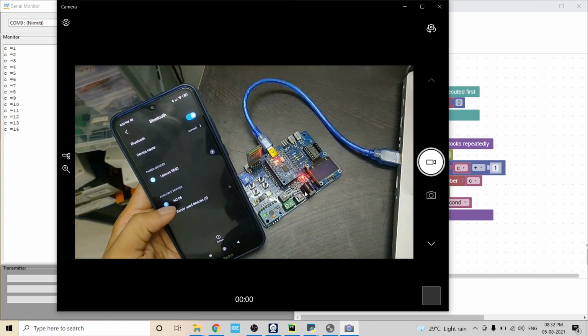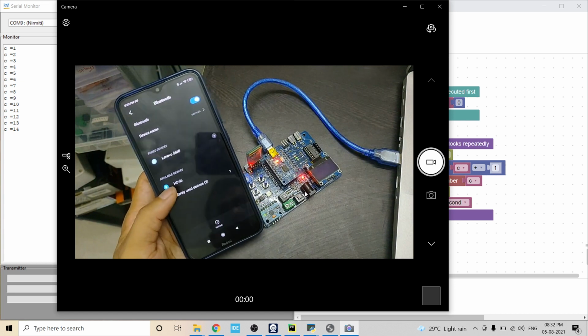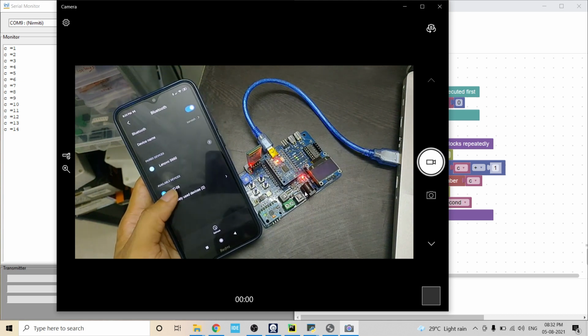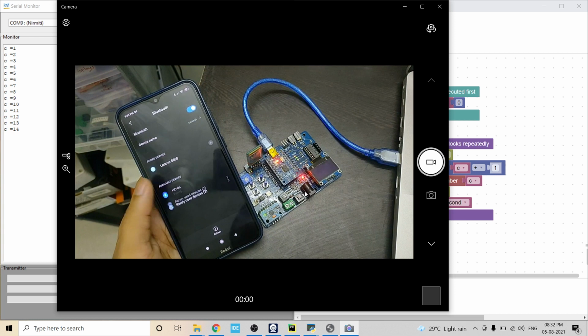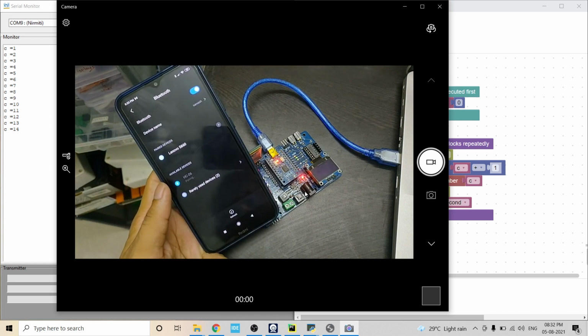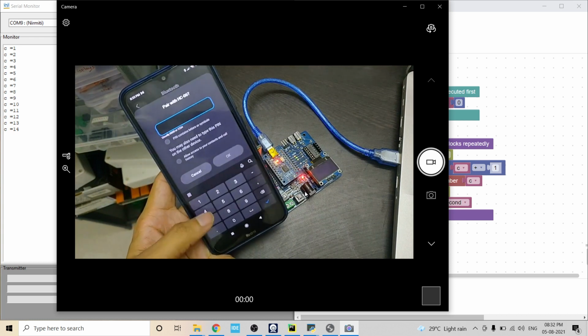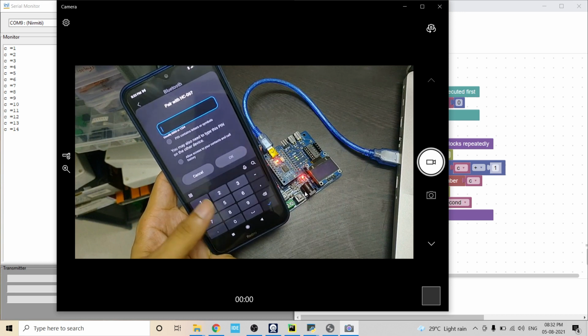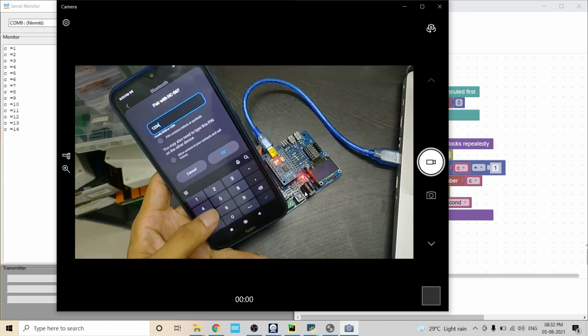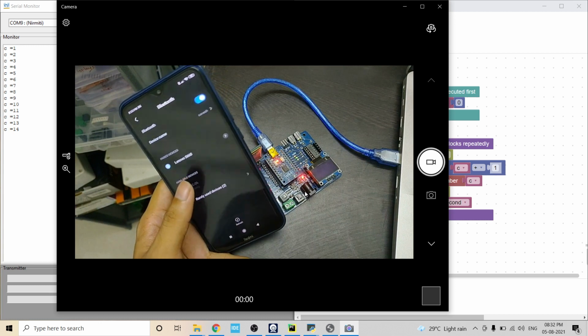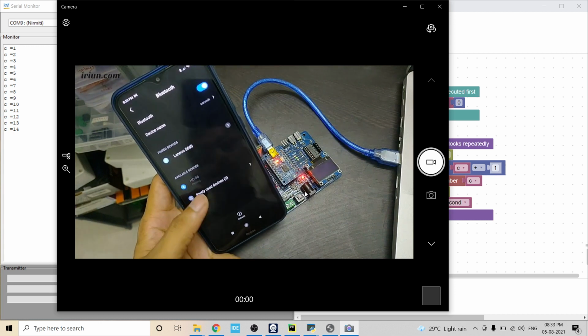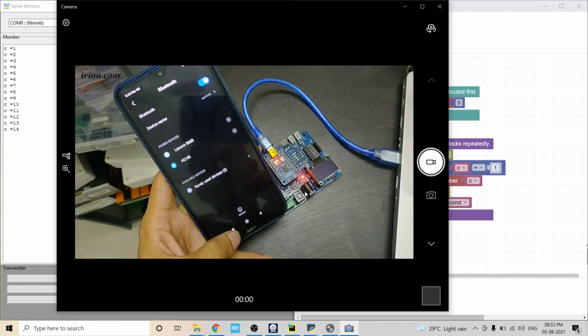We can see here it searched SC06. This is the name of our Bluetooth pair. Yeah, we are pairing it. Then write 1 2 3 4. Okay, now it is successfully paired.